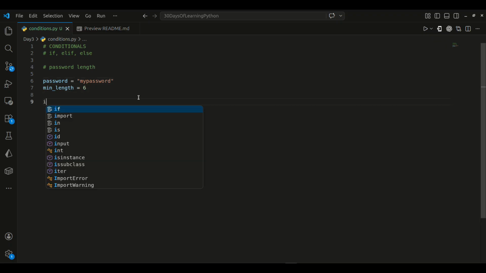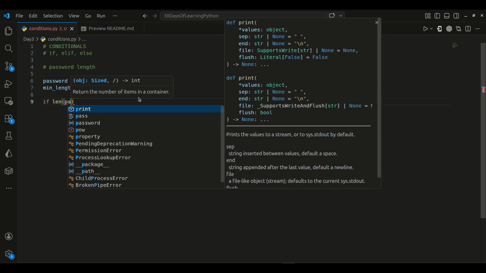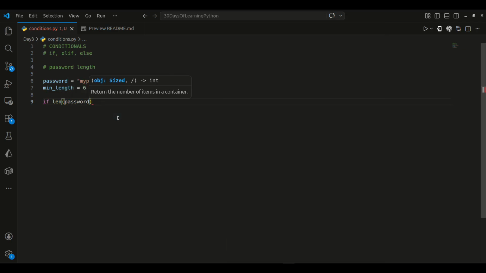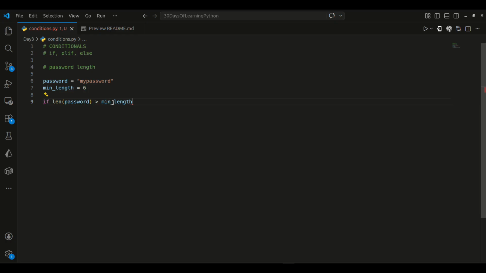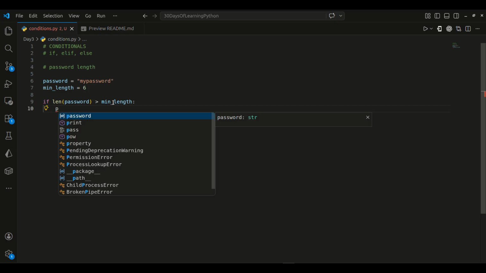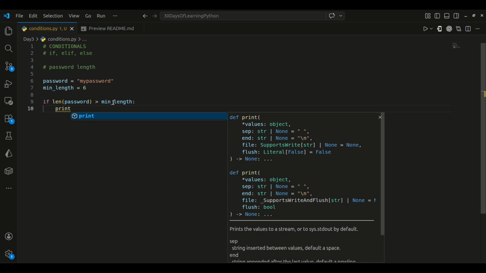Then let's see if the length of password is greater than min_length, let's say we print